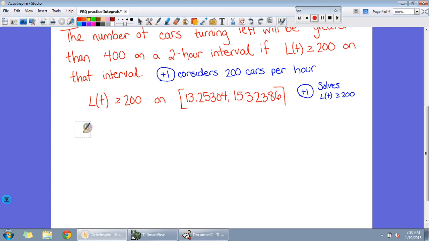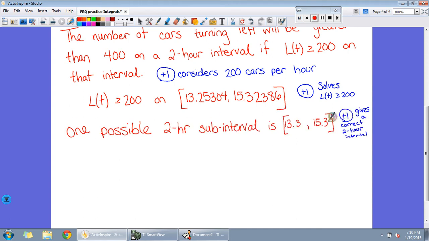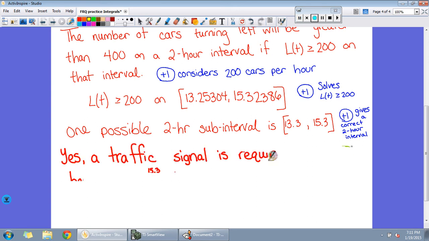And then what we are going to do is give one possible 2-hour subinterval. So if we look at 13.253 and 15.323, you really just need to give any 2-hour interval that would work with those decimals. So I'm going to say 13.3 to 15.3 like the Inspire gave us. So that's a 2-hour interval. And then our final answer is yes, a traffic signal is required because the integral from 13.3 to 15.3 is 435.83,